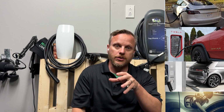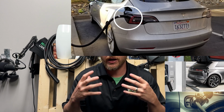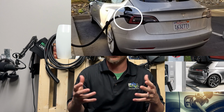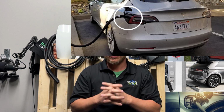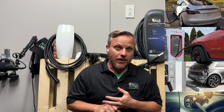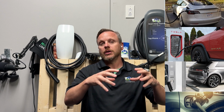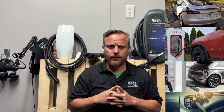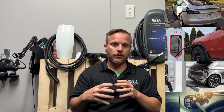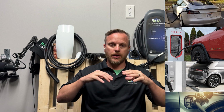Now, if you look at the driver's rear tail light, that's the Tesla standard. That's the gold standard. That's where I'd like to see the charging station industry, or I guess you could call it the EV industry, get to with regards to the charging port location. We know Tesla already has the largest EV charging fleet and the largest number of EVs on the road today. They position their charging port on the driver's rear taillight. And so the second best, I guess you would say, is the driver's front. Many of the legacy OEMs are choosing this location